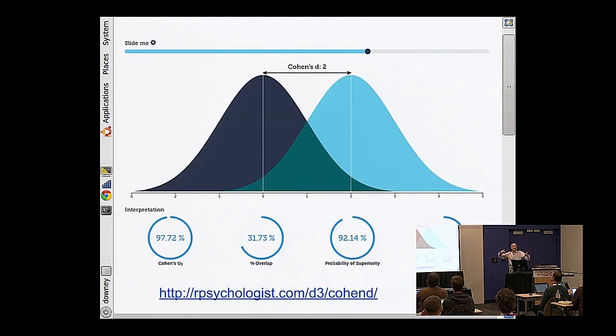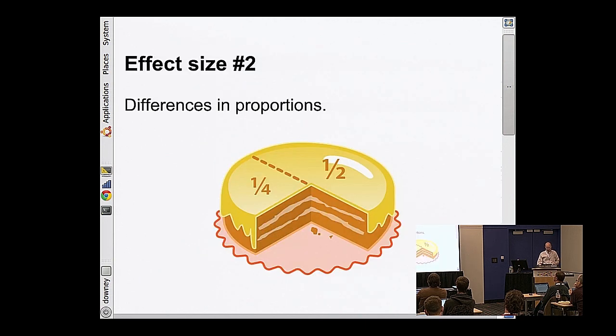So the interaction that you just did, I kind of lifted that from this online place where you can slide d back and forth, and it shows it to you graphically, and it computes all of these measures, including two that we didn't talk about, number needed to treat, and Cohen's U, is it U3? U3. I won't talk about those now. So that is all for now about Cohen's d.